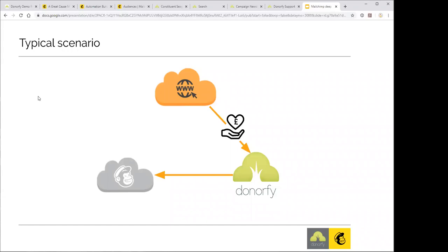Now, it might be that you've got people in Donorfy that have joined through another route, perhaps a Just Giving supporter, or perhaps an Eventbrite attendee booking an event. So you'd have a constituent in Donorfy that Mailchimp knows nothing about at all, not even that they're a subscriber. So when you push information from your Donorfy across to your Mailchimp, it will not only enrich the ones it